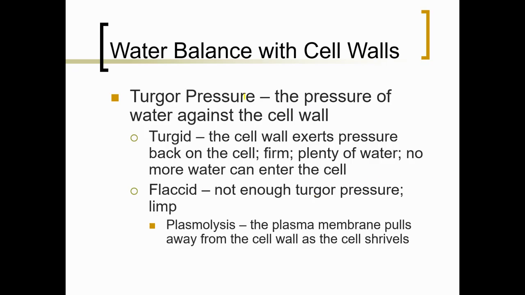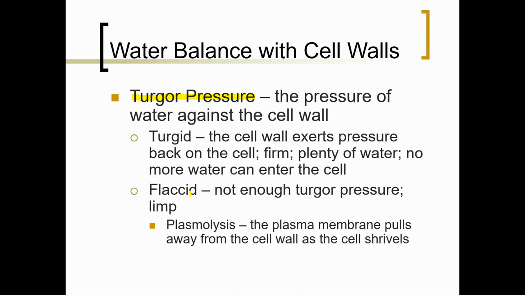Because they have the cell wall, they actually like lots of water going in because it creates turgor pressure. This contributes to the structure of the cell. If you have any plants at home, you may notice that they get kind of droopy, but as soon as you add water, within a short period of time, they perk back up. That's because water is part of their structure. And so when they start to lose water, they just get kind of limp, or what you can say is